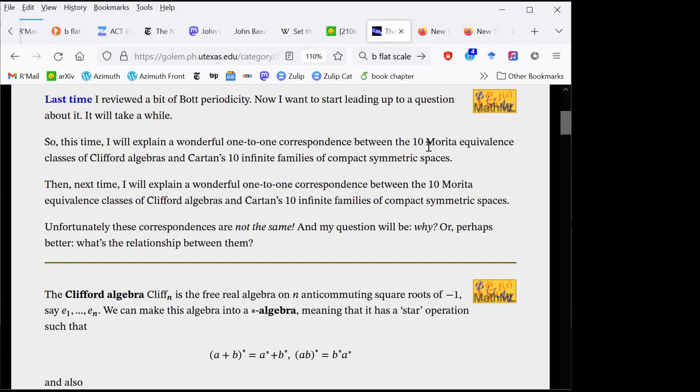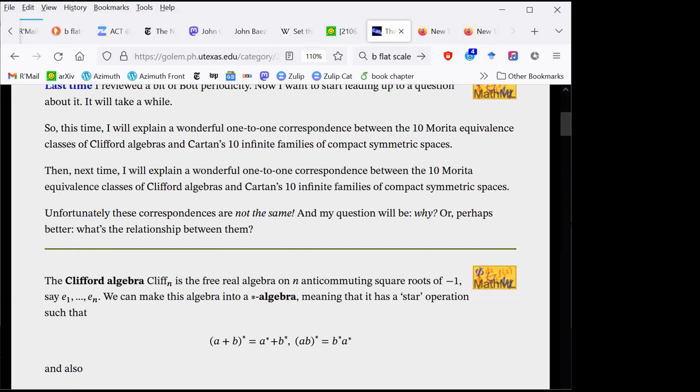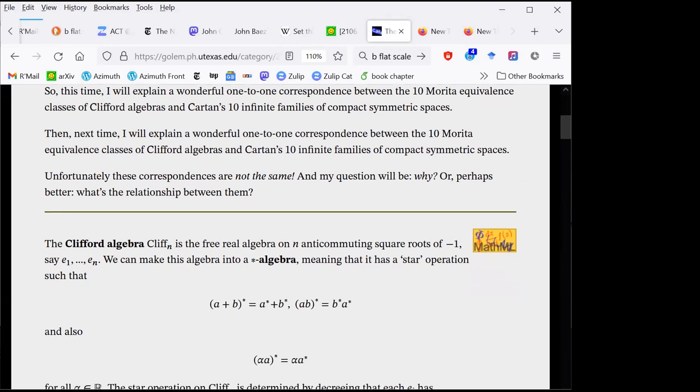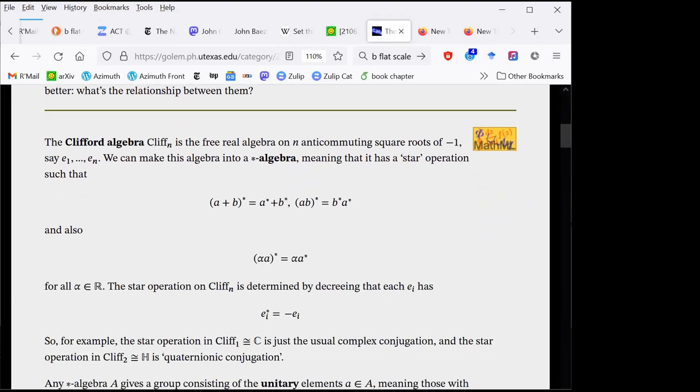Let me just talk about the real ones though, because there's enough to do right now. And then there's 10 families of symmetric spaces, compact symmetric spaces. 8 of them have these upsilons as their infinite size limits. So let me tell you how we get these upsilons, then I can talk about something actual real.